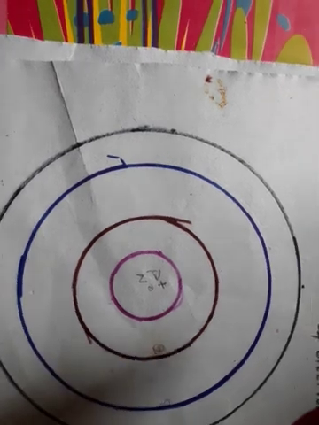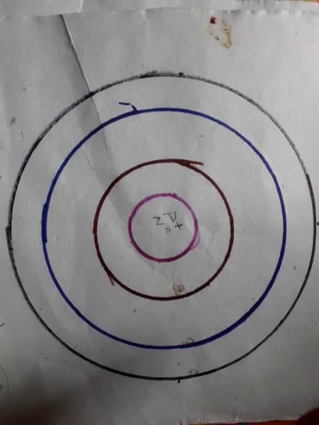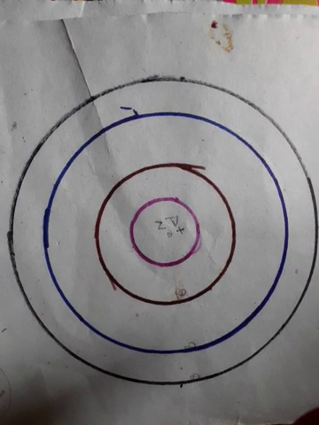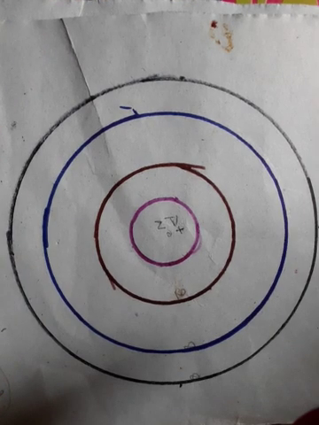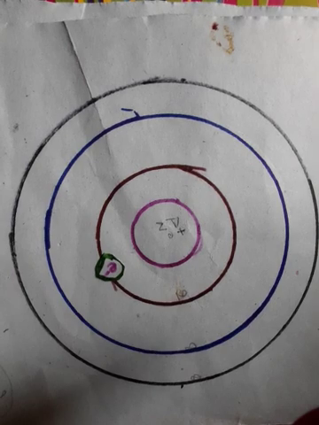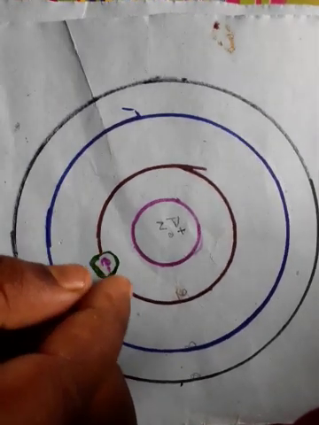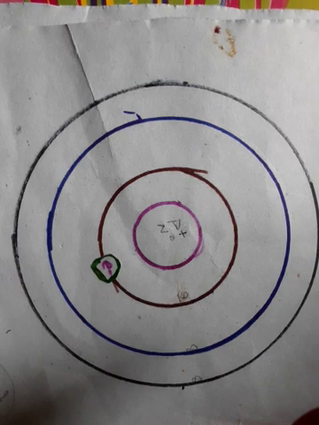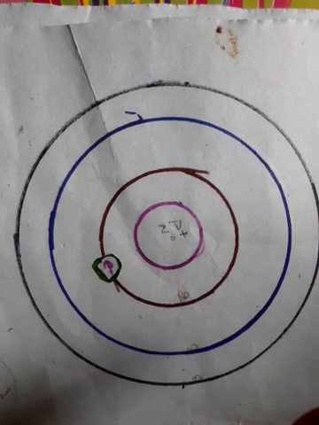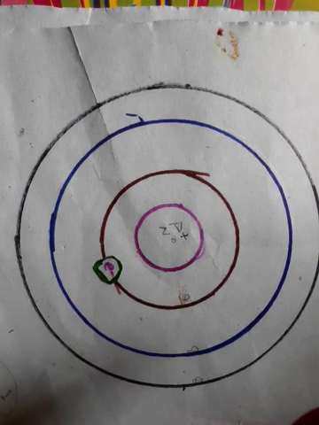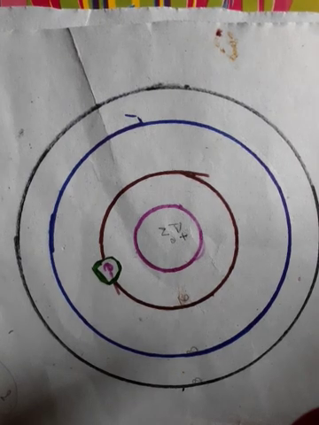So first we'll talk serially. First we'll talk about hydrogen. The atomic number of hydrogen is 1, that means it has 1 electron in its first orbit, and I have written there e negative, that is the charge of the electron. So this is the atomic structure of hydrogen. In hydrogen, in the first orbit there is 1 electron. So I think you have drawn the atomic structure of hydrogen in the same way.